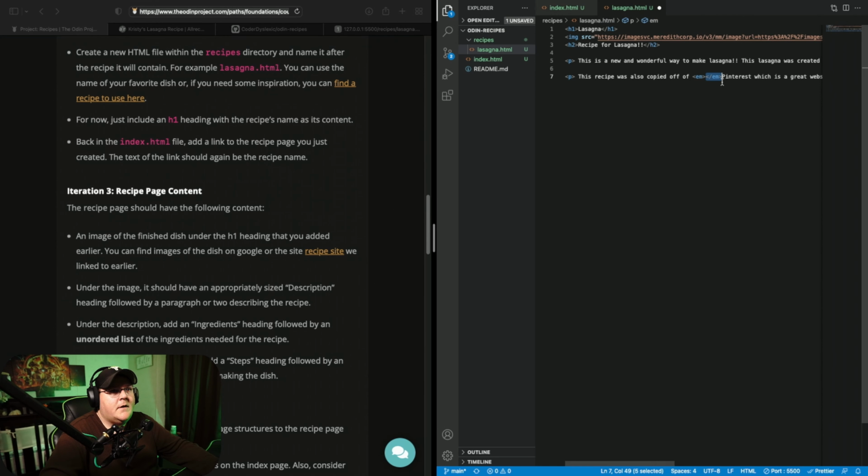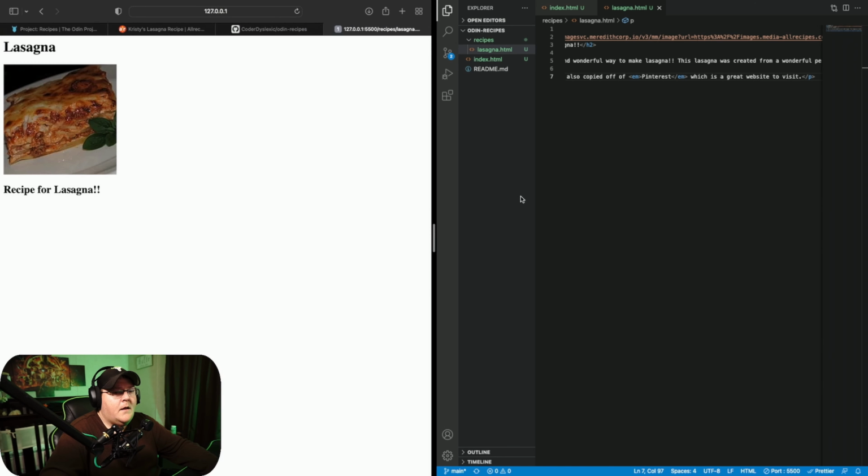So we're going to come over here and cut that. Calm down there, cursor. Paste. Boom. Save. And now we should